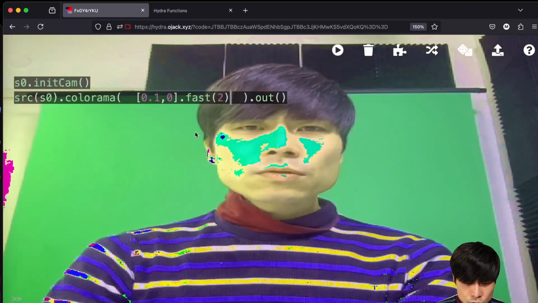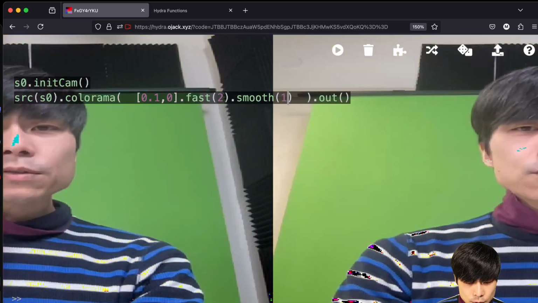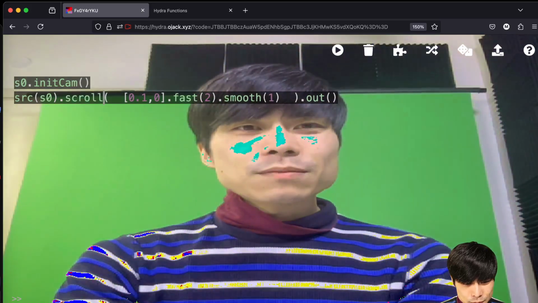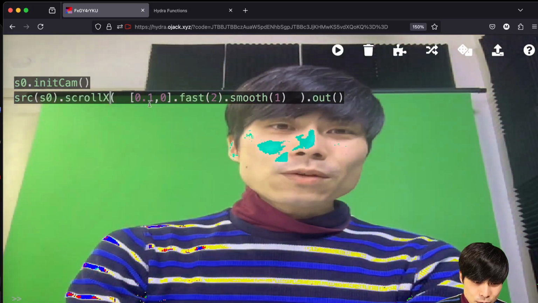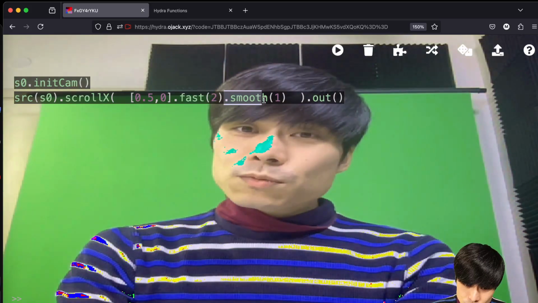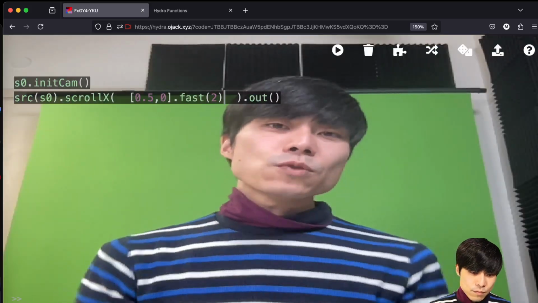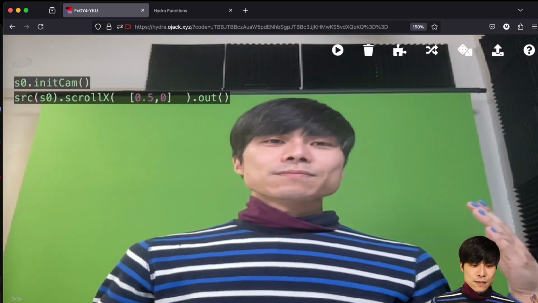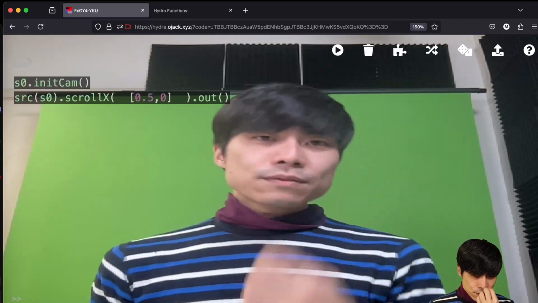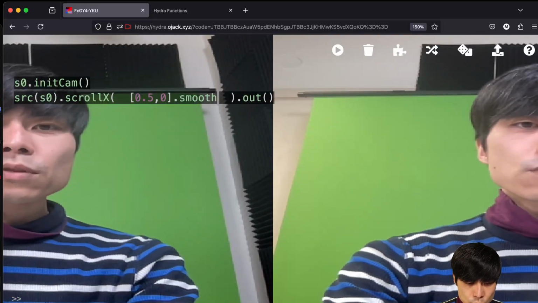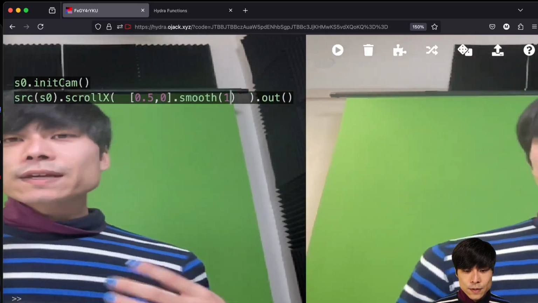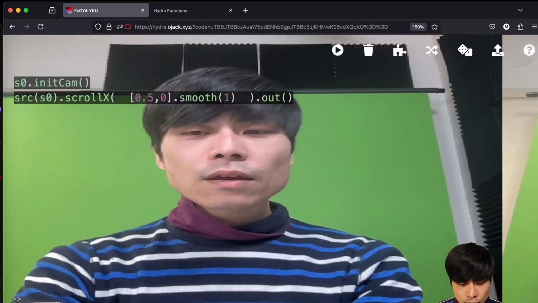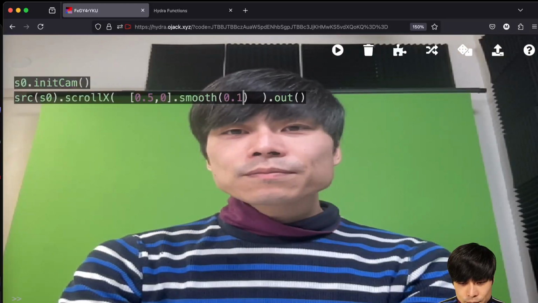And I'm not really sure what this parameter is about, but let's say default parameter of 1. And probably scroll is a bit easier to understand, so I'll do scroll X without smooth first. So you understand this is, well, and I take fast also so that it's shifting from one position to another every 2 seconds. And now I do smooth 1, then now it's smoothing between these positions or between these numbers. And if I say 0.1,